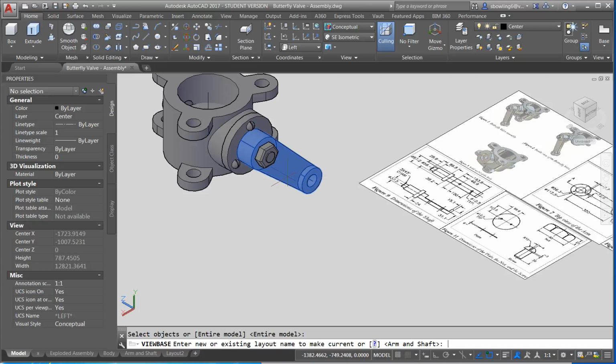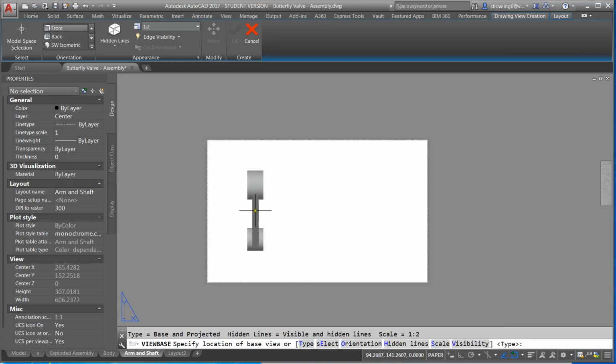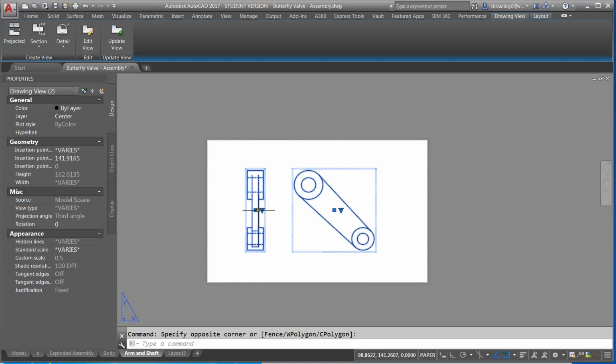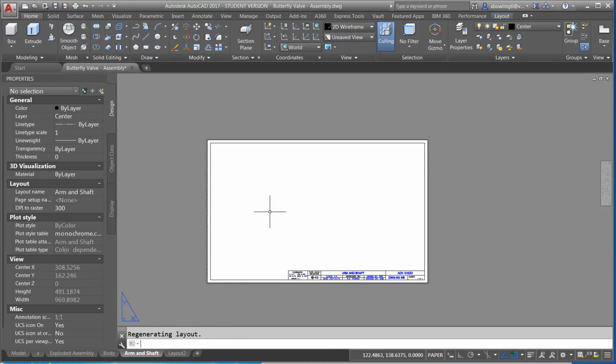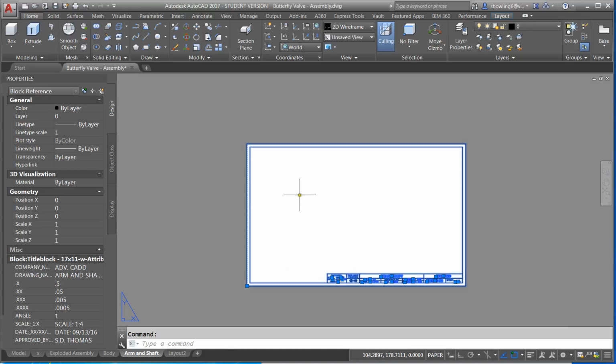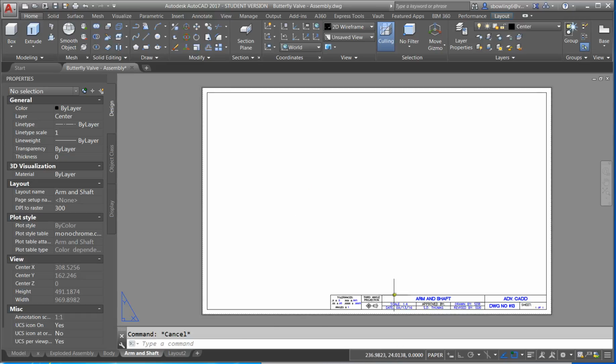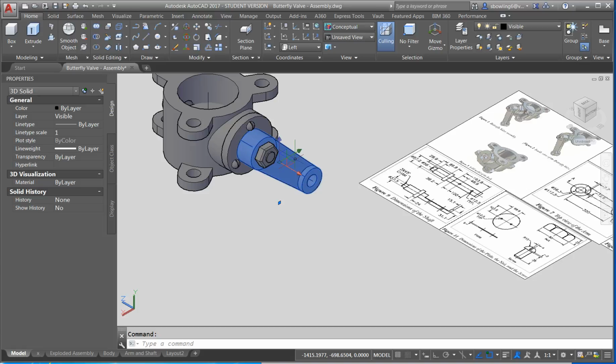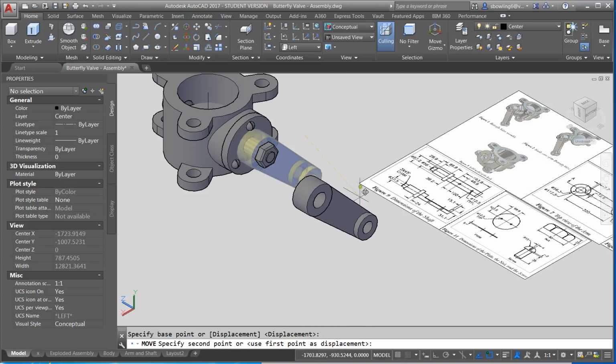and I picked that arm, and I've already got the arm and shaft layout set, and I pick a point, notice that when it draws, it actually draws the arm at an angle, and I don't want that. Also, I'm going to type regen. I've already got the title block set up. For whatever reason, it just didn't regenerate when I first brought those in, but I did have my title block already set first. So what I'm going to do is I'm going to move this out, and I'm going to